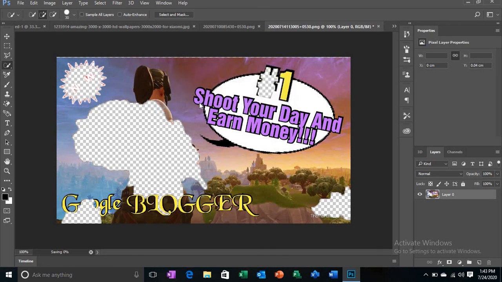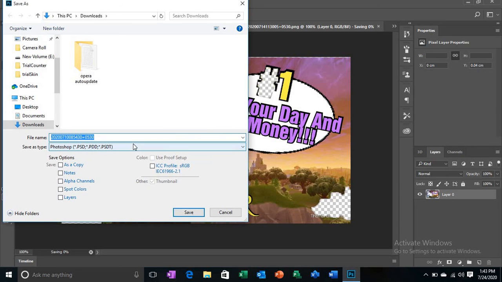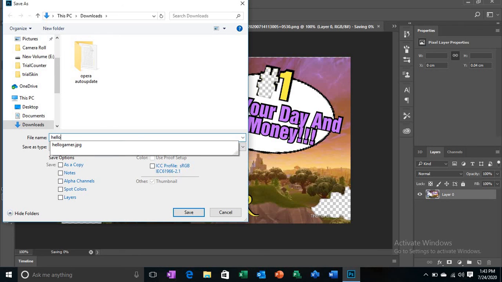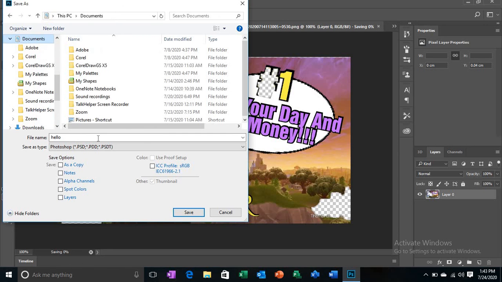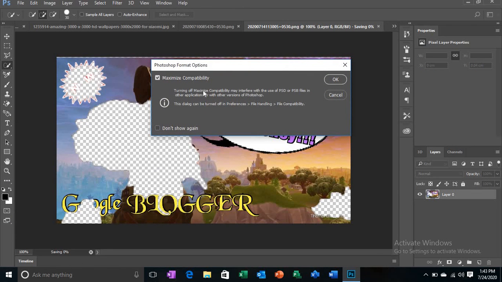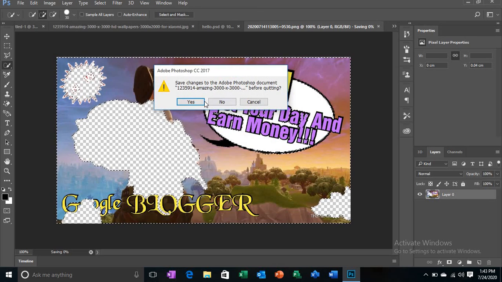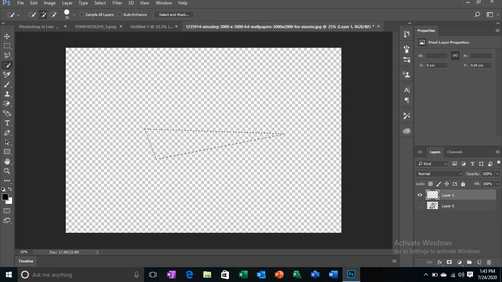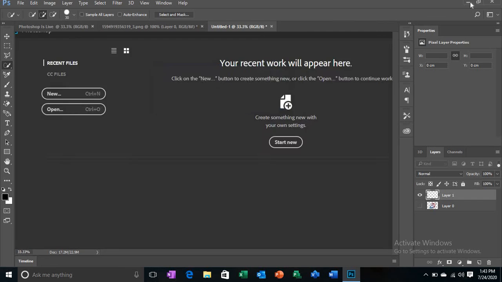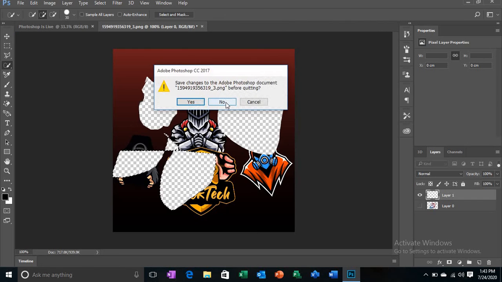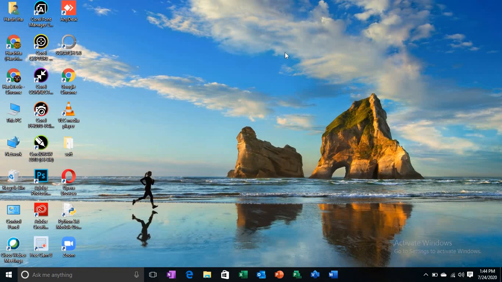Now how to save it? Yes. Now we're going to save by this name. Hello. Only hello, as copy, as note, as anything you want to save. On downloads, Opera auto update now. On documents, we want to save it. So maximum. Okay. No, we don't want to save it. Cancel. See, no. And now it is cancelled.